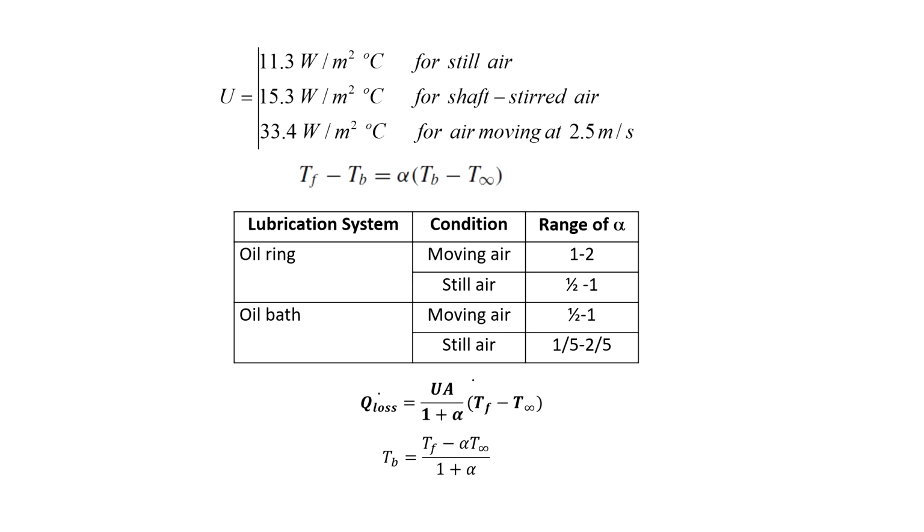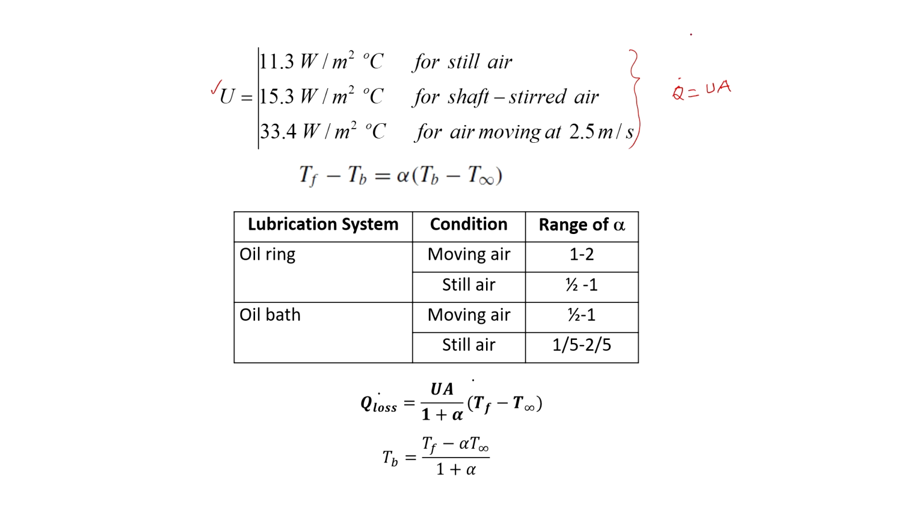The overall heat transfer coefficient is given by these values: 11.3 watt per meter square per degree centigrade for still air, 15.3 watt per meter square degree centigrade for shaft stirred air, and 33.4 watt per meter square degree centigrade for air moving at 2.5 meter per second. So, depending on the situation, we can select the overall heat transfer coefficient and we can find the Q dot loss equal to UA,